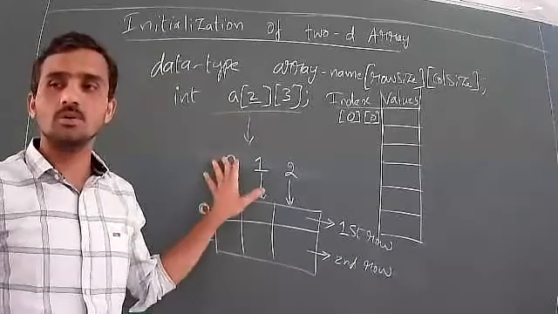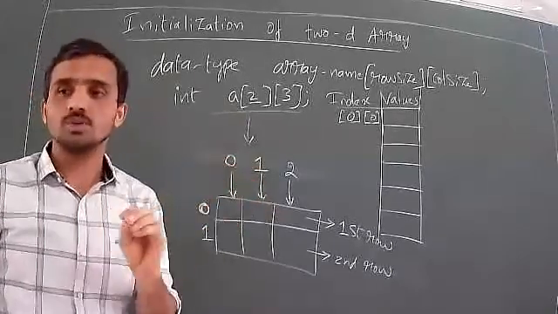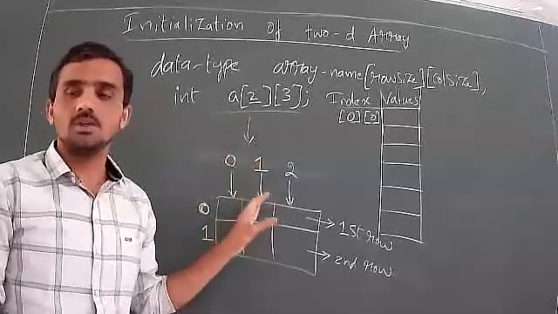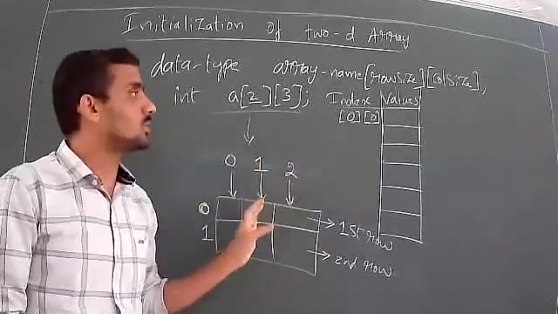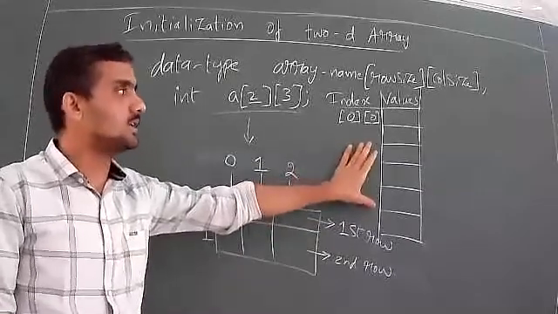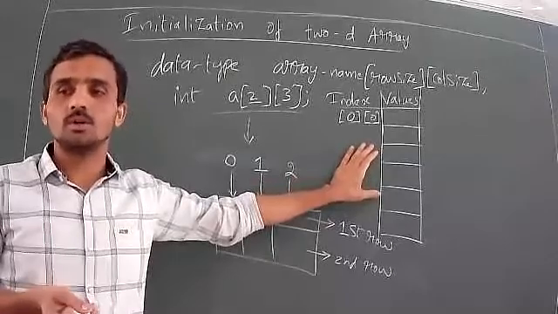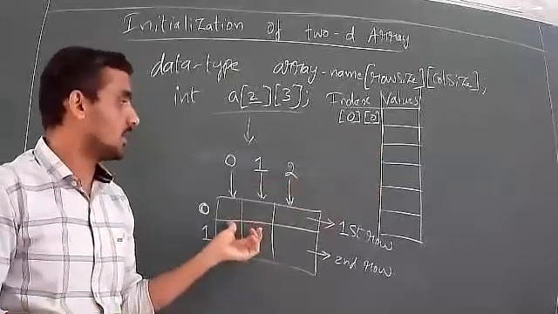Whenever you want to write the memory representation of a two-dimensional array, first you write the table format, the user view, then you go for the computer memory representation. It will be very easy. If you go directly to the computer memory representation, you may feel it is difficult. I'm not telling you that you cannot write it, you may just feel difficult. First you write the table format.